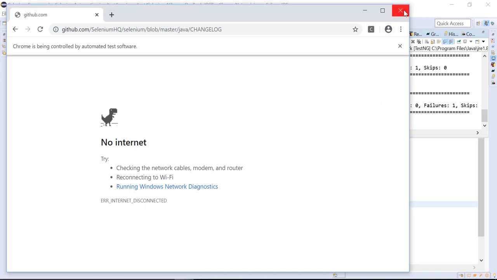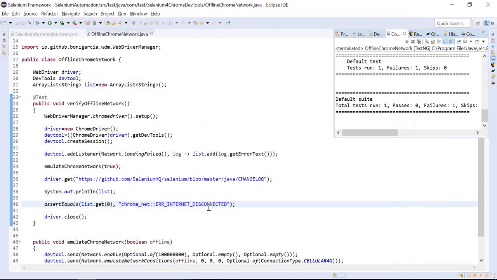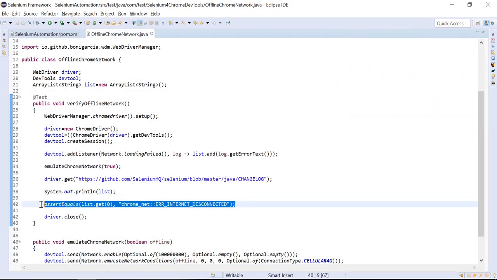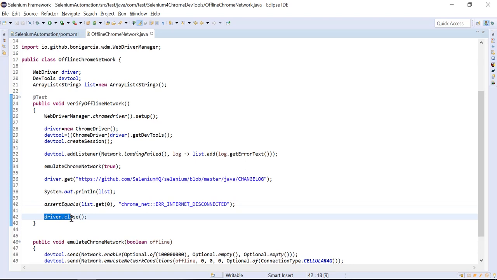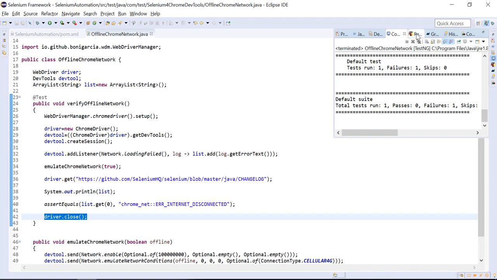And I am using normal asset. I'm not using soft asset. That's why it failed here, and it didn't go to the next step. That's why the browser was not closed. So if you see here, if you go here,